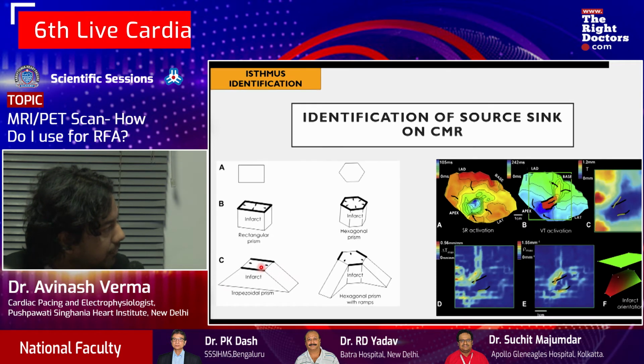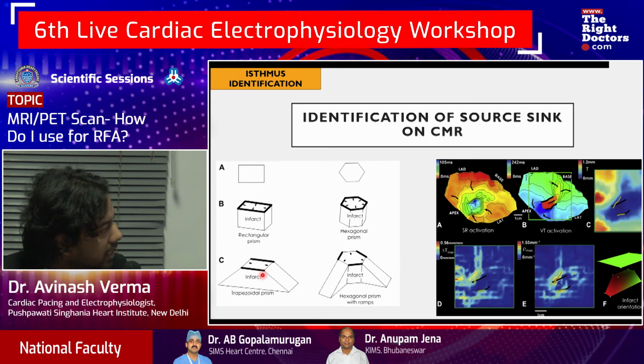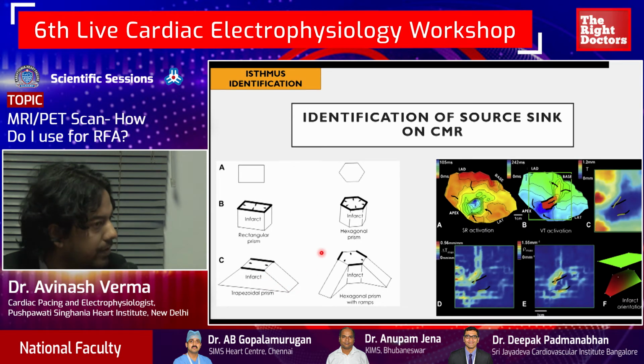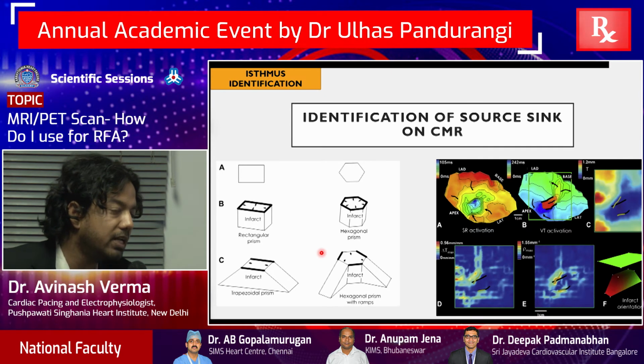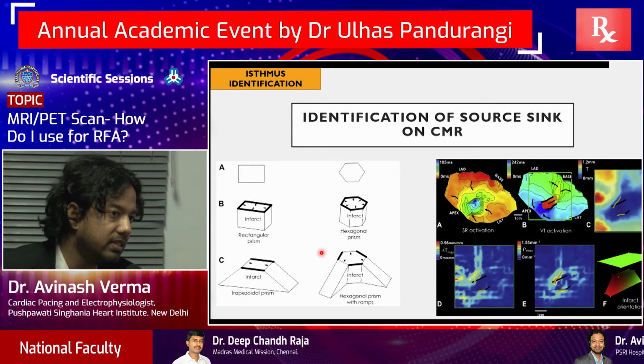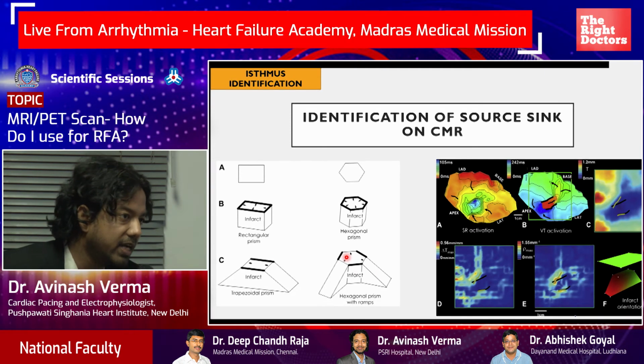Whereas if some sides of the scar have this kind of a ramp effect, where the current can start depolarizing a small amount of myocardium and then finally reach the main chunk of myocardium, then the current can build up enough current to depolarize the whole myocardium. So this is a source-sink model, and it is very intuitive how MRI can pick it up, because MRI is